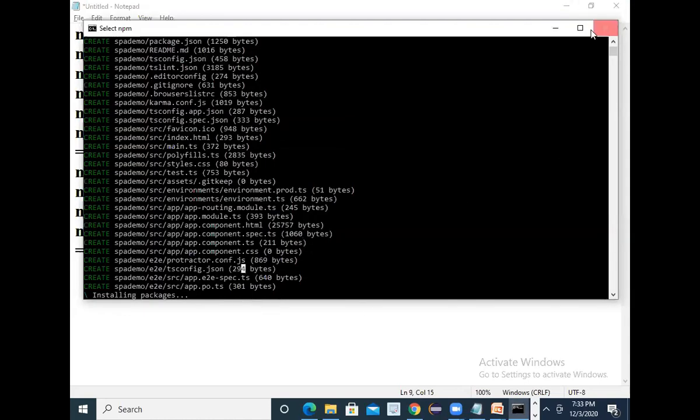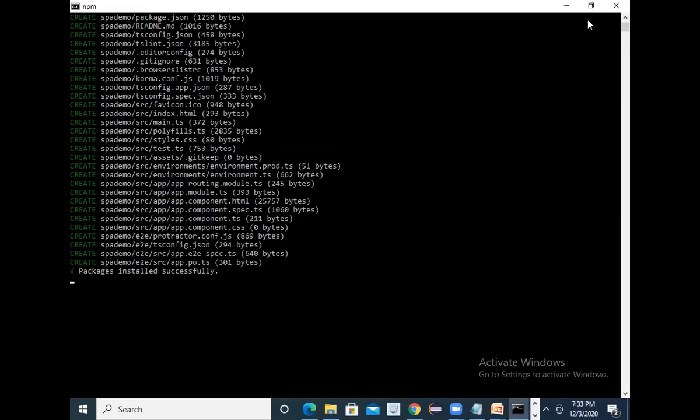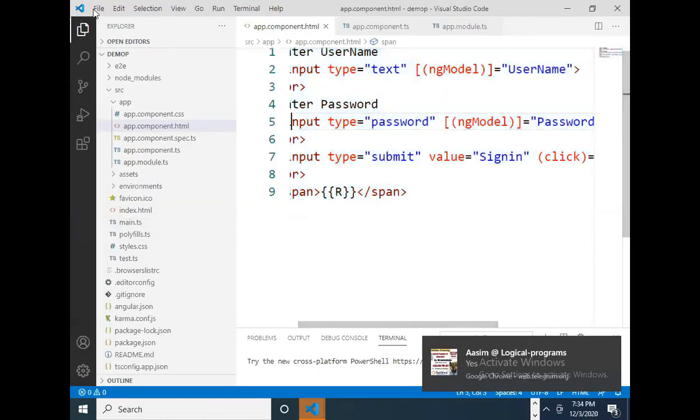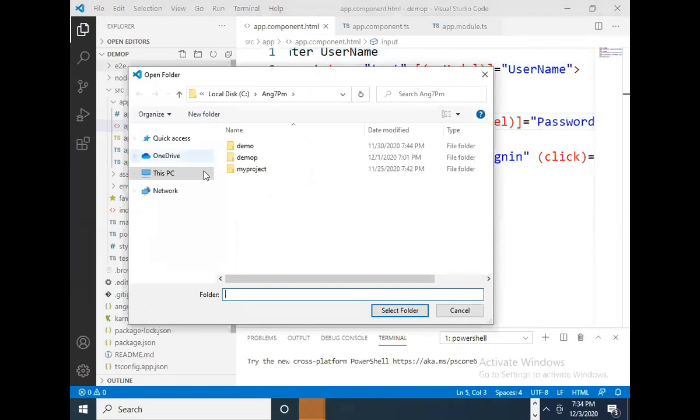Okay, now still it is going on. It will take a lot of time. Yeah, completed. Very good. Now I want to open this project. In C drive the project is created, SPA demo. So open your Visual Studio Code, and there you can go to your file, go to open folder. There you can go to your C drive.